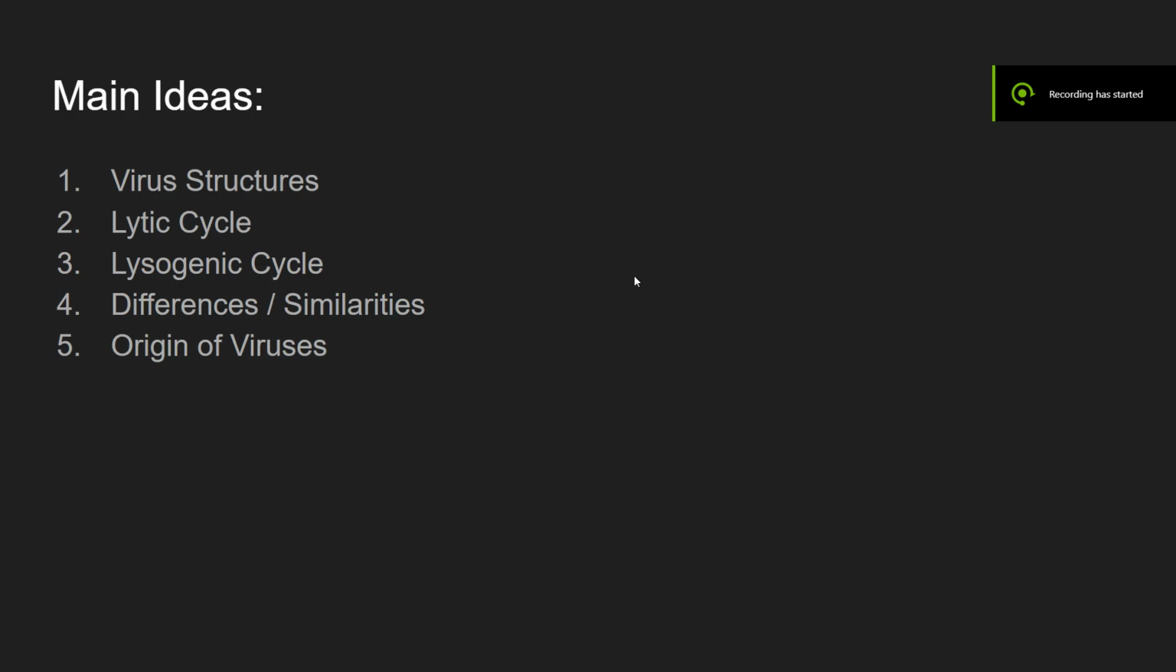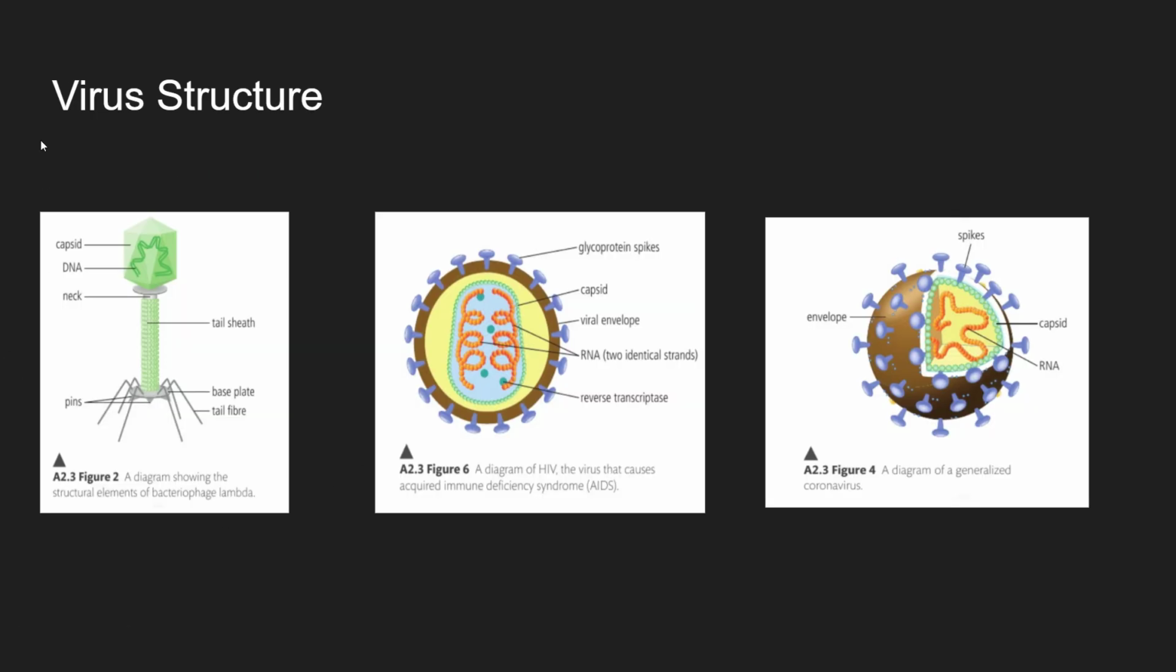A2.3 viruses. The main ideas are the virus structures, the lytic cycle, the lysogenic cycle, differences and similarities between the cycles, and the origin of viruses. So there's three main virus structures, really two, that the IB wants you to know. This is the bacteriophage lambda structure. You have to make sure to remember that this is the capsid, the tail sheath with the neck. They're all pretty logic-based named, but they might not be the words you use, so you should remember